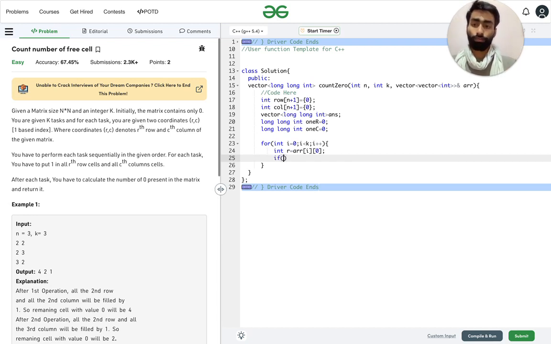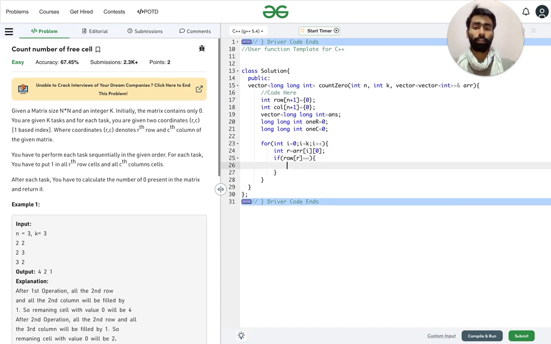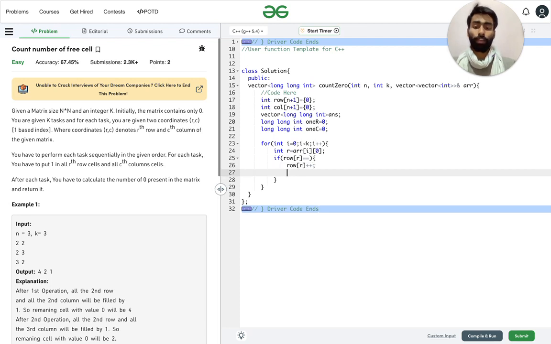So if row r is still filled with 0, in that case we need to fill that row with 1, that is we will increment it so that 0 becomes 1, and we need to increment the value of the number of ones in rows.